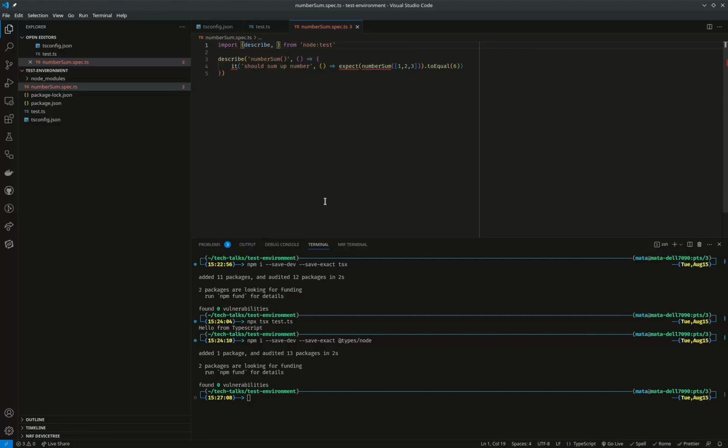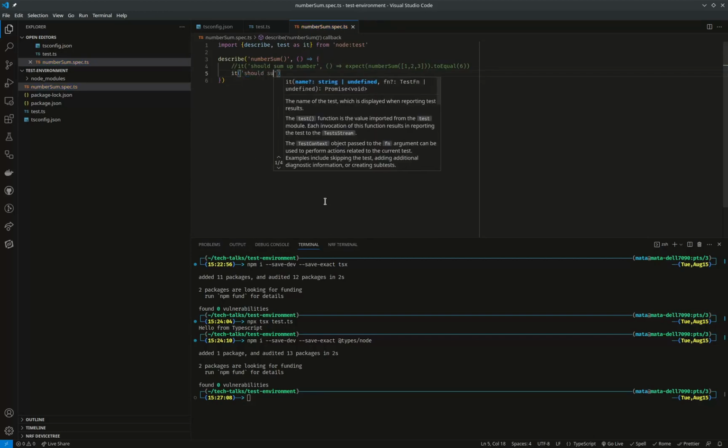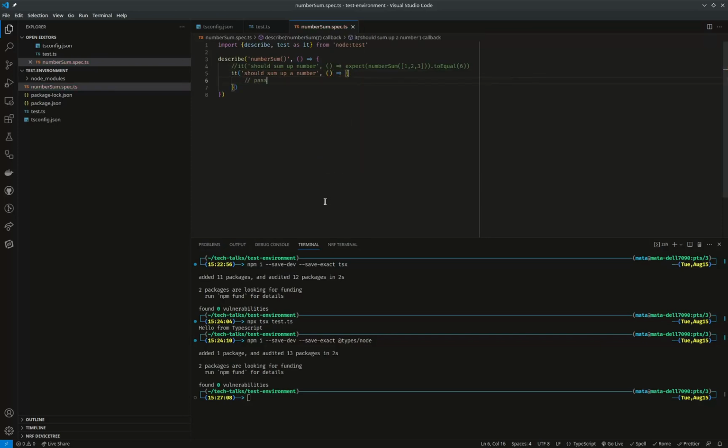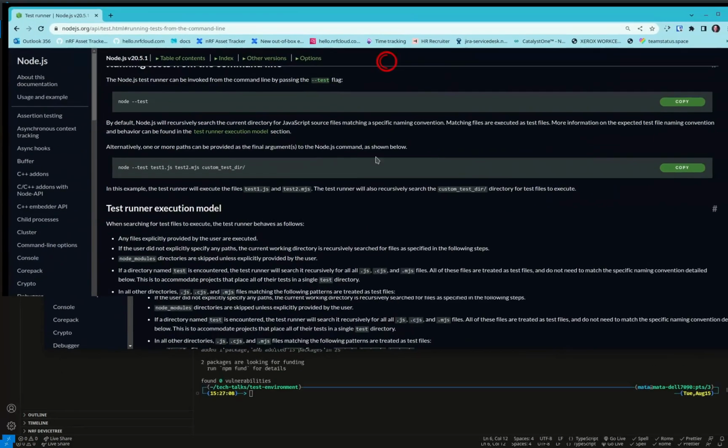So this also has these functions, describe and test. I like to use it instead of test. So I can now describe my tests, and for now let's just call the function without an assertion. Yeah, pass. The test runner is described in the documentation, where you can read a bit about it,